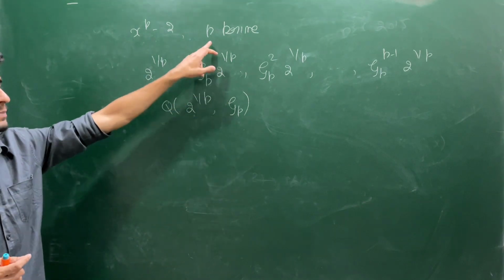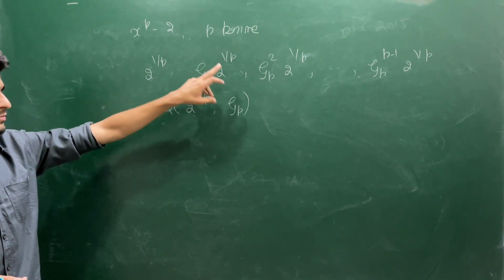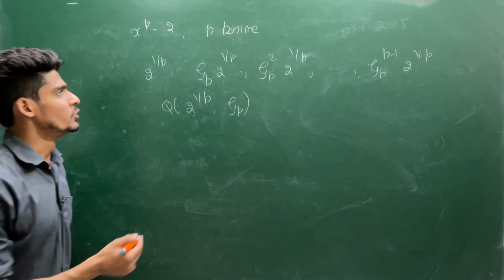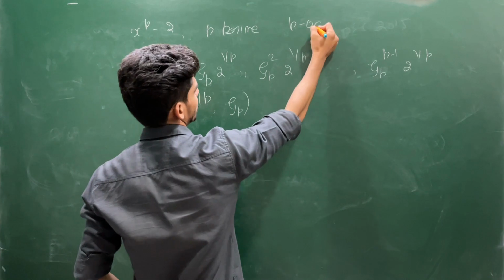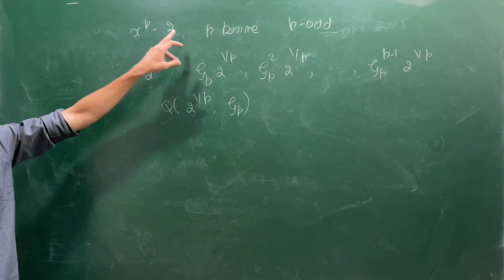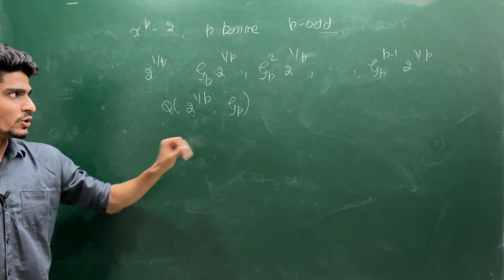If you remove the case p is 2, because if you choose p to be 2, then you will have real cases. So you can assume p is an odd prime, because when you choose p to be 2, the case is easy. You will have Q adjoin 2 to the power 1/2, and that will be your splitting field. So here you have this splitting field.